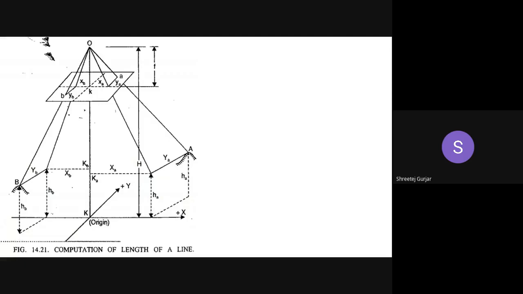Yes, anyone having any doubts? No, right? Okay. So this is the diagram. Now the important thing here is that we need to derive and learn how to determine this particular... just a minute.